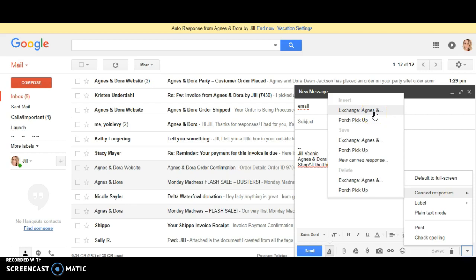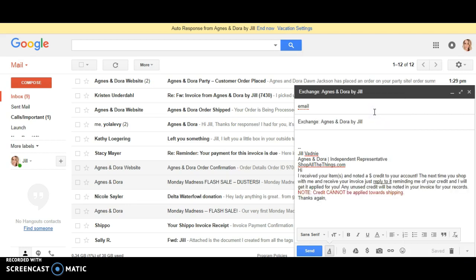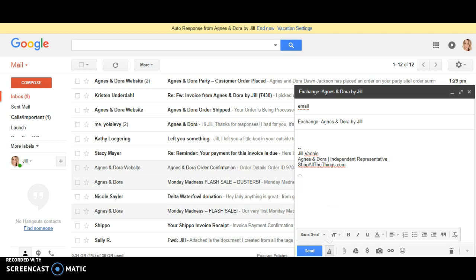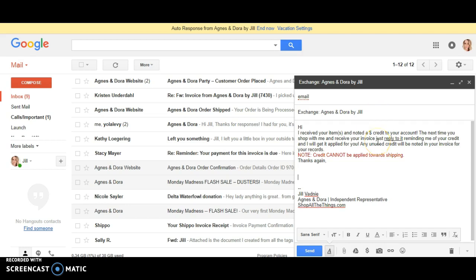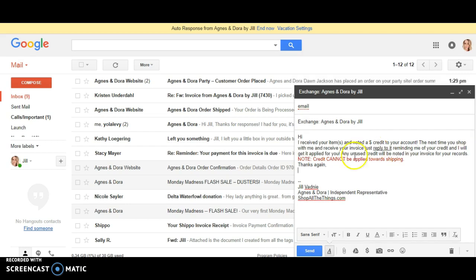So I click exchange and it automatically, oh, that's strange. I don't know why I put it at the bottom. Let's try this again, shall we? Boop. I think my cursor was moved. Okay. Exchange. There it is. So it puts it up there for me and it already has this information in here